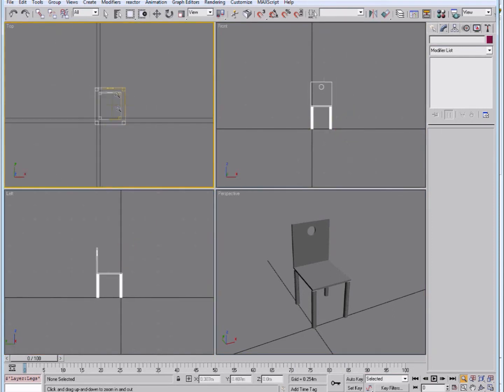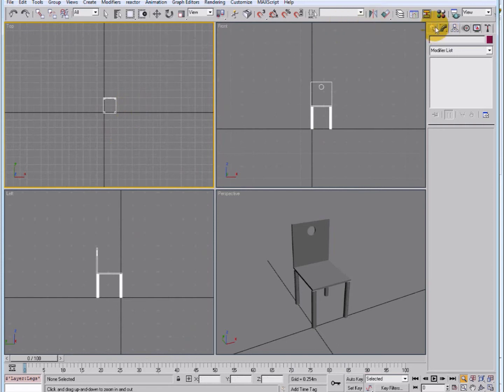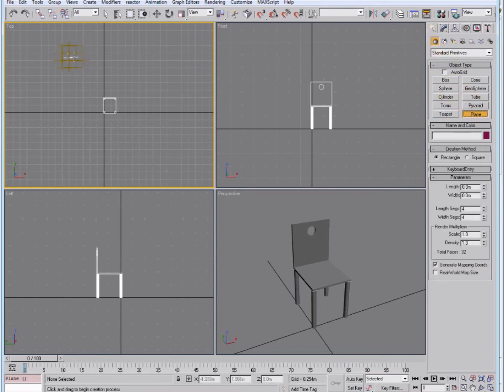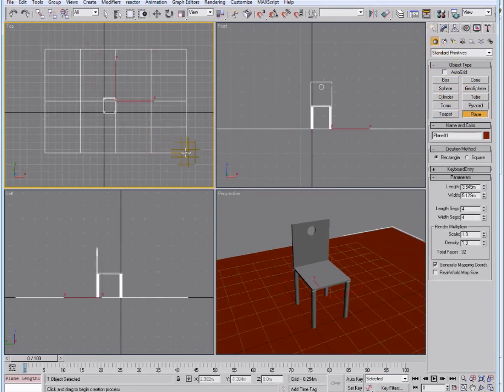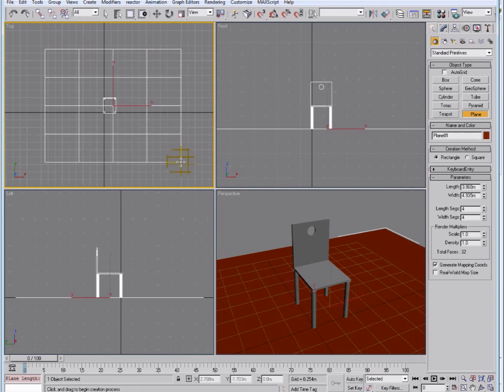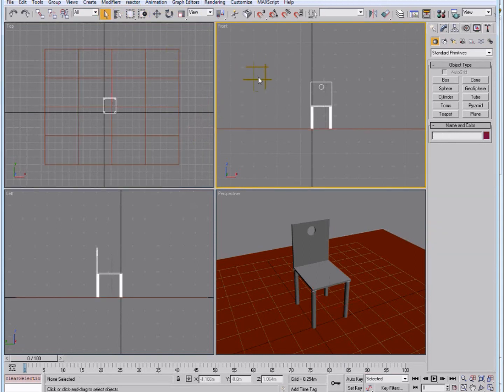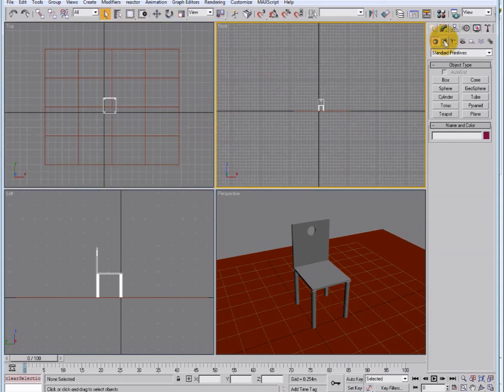And I want to add a plane, so let's go ahead on the create, on the primitives, and I'm going to select plane, and I'm just going to go ahead and drop it from the top view, and that's my plane. And the other thing I want to do is add a light source. Let's scroll out a little bit and